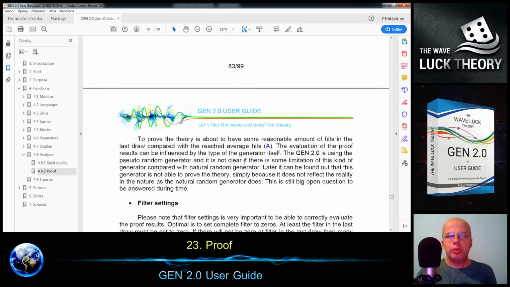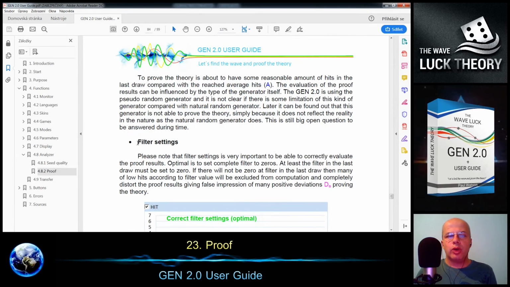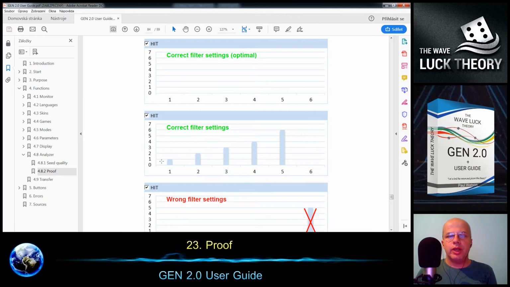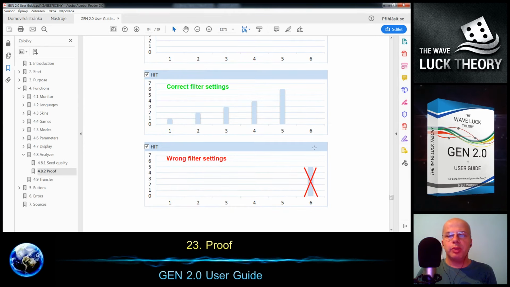Finally, I need to point out the correct filter settings, and the best one for using the proof function is to leave the filter setting empty without any walls. So it is the optimal situation. You can have the walls here as you wish, but you should keep the last one empty, and I will explain why.